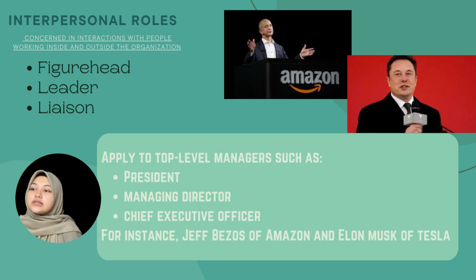And next thing will be to be a leader. This is where you provide leadership for your team, your department, or perhaps your entire organization, and it is where you manage the performance and responsibilities of everyone in the group. And lastly will be liaison. So here you, as a manager, must be able to communicate with internal and external contacts, and be able to network effectively on behalf of the organization. So here we can see that these roles are applicable to the top management, which is the president and the CEO. So for example, here we have Jeff Bezos from Amazon and